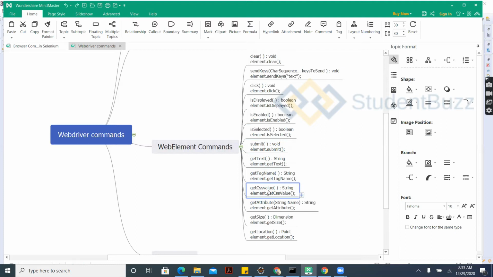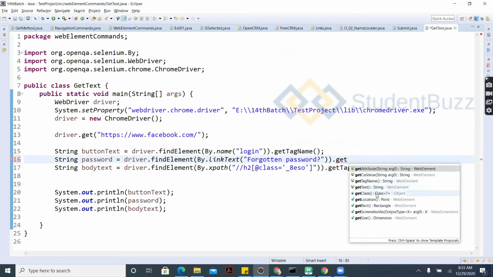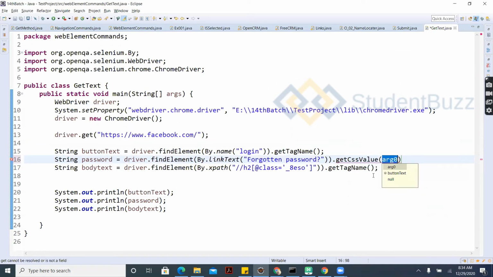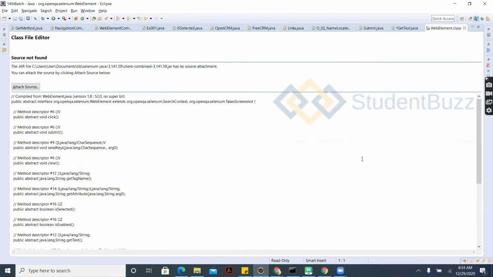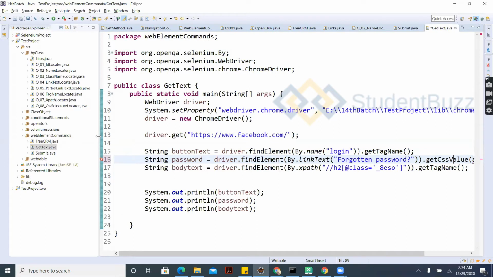All right. We have seen get text, get tag name, and submit. Get CSS value, let's see what exactly it is going to do. Are you able to see this get CSS here? Yes. It is asking for an argument. I'll show you this with the source code, so keep this method aside.